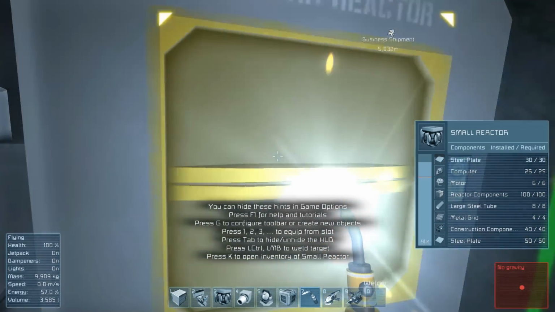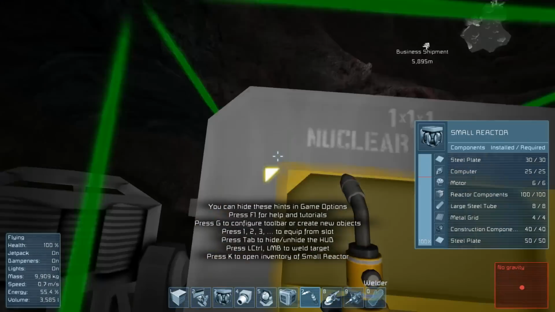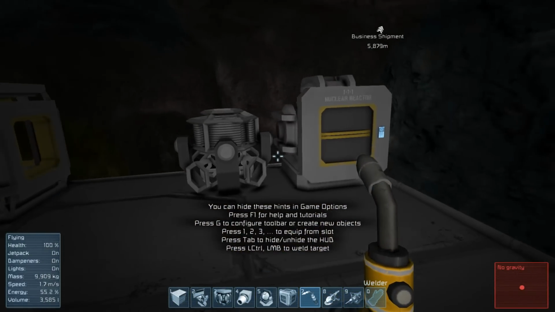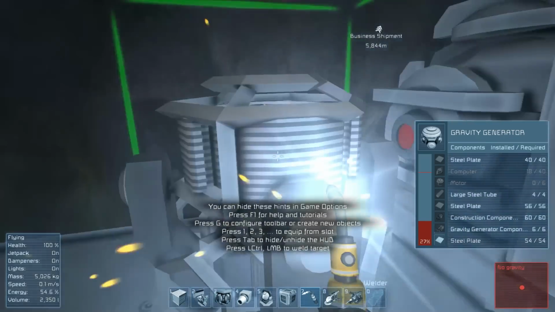Oh, I think I might have everything I need for this. Awesome. So as you can see, we now have a fully finished nuclear reactor down here. Wicked. Let's see if we got enough stuff to...